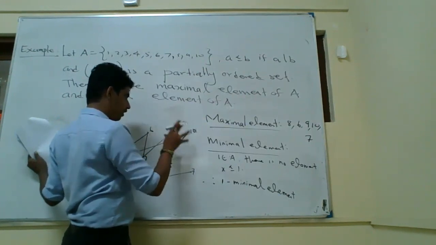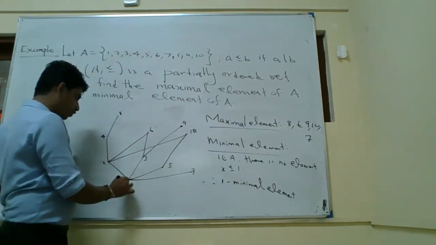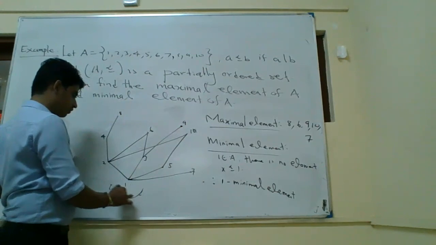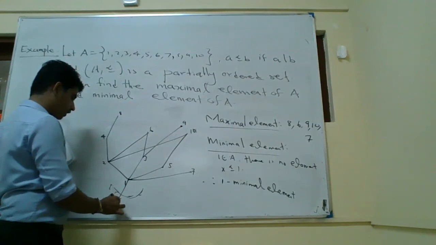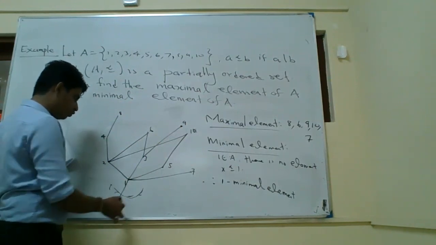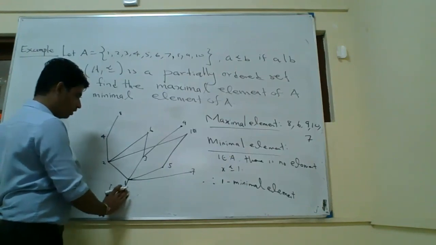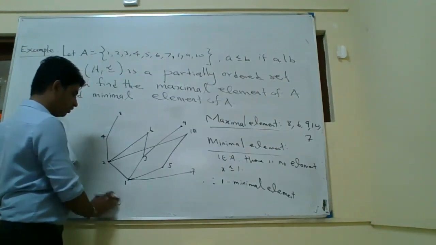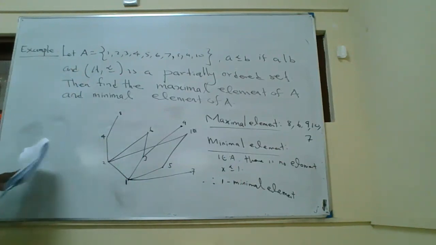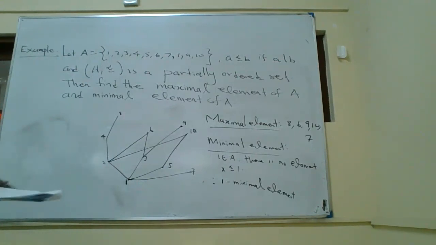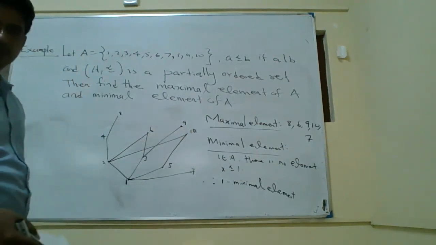From the relationships, you can identify the maximal and minimal elements. Suppose you have 0 there. Then the minimal element would be 0. But here there is no 0. Therefore, there is no minimal element other than this one. Only itself is possible. Take x equal to 1. Therefore, 1 is your minimal element. Maximal elements, there are 5 maximal elements there.